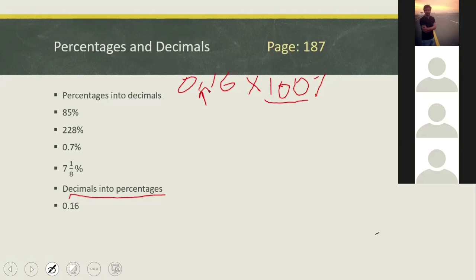We have a decimal here, and this decimal is multiplying by 100. So according to the two zeros, we will move the decimal to the right hand side. Whenever a number is multiplied by 100, there are two zeros, so we will shift the decimal towards the right hand side by 2 digits. Now the answer will become 16%.